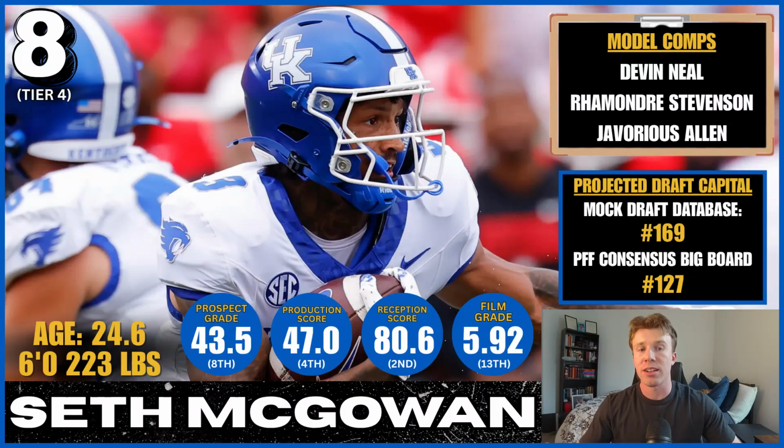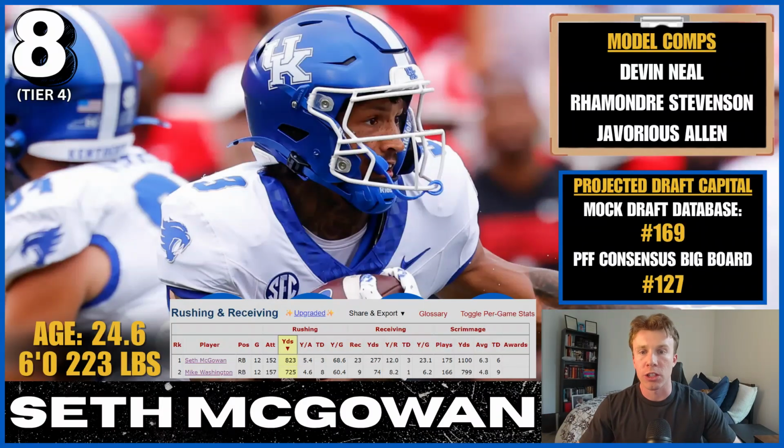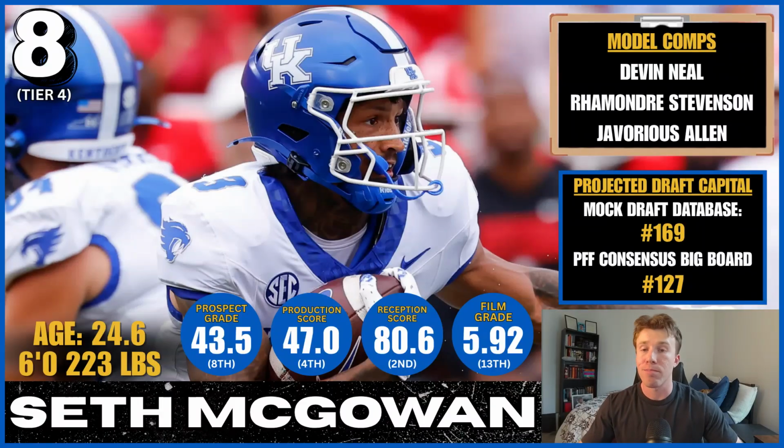But another piece of good context is that he also had another running back from this class as his teammate in the backfield, some guy named Mike Washington Jr. It's interesting to note that he was way more productive as a rusher and receiver despite getting around the same amount of touches. His production score doesn't blow you away at 47.0, and his prospect grade of 43.5 is 8th